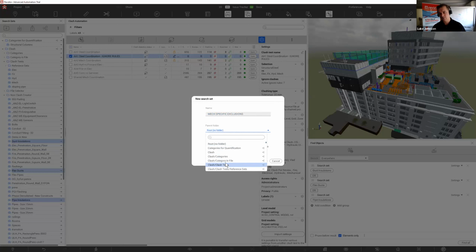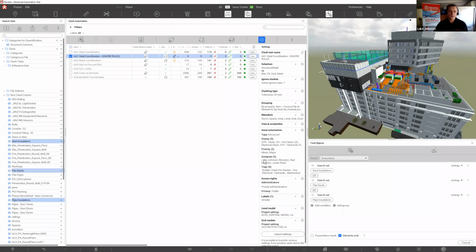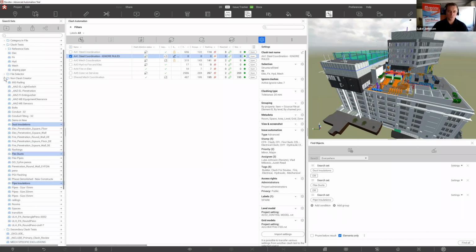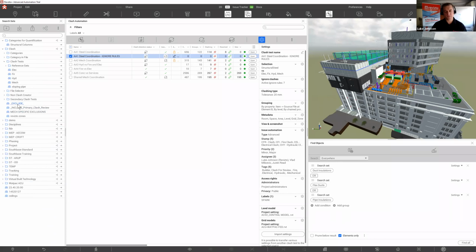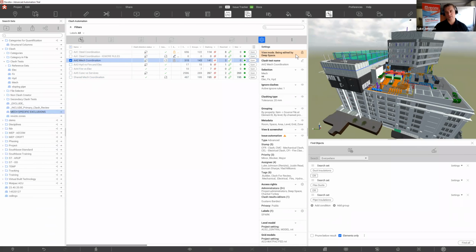And over here, I've got a spot where all my things are stored. So under the Clash main folder, we go okay. So what we've now got is this super big exclusion set, but we've also got mech specific ones, okay? So when we go into mech coordination, for example,